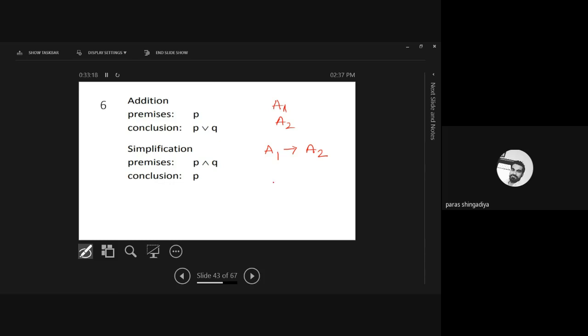So for the first case it will be P conditionally to P or Q. That is A1 conditional to A2. In the second one, the formula will be P and Q conditional to P. If it is a tautology, then it is a valid argument. So in this we have only 2 statements. In the rest of the cases we have at least 3 statements. So just practice it.